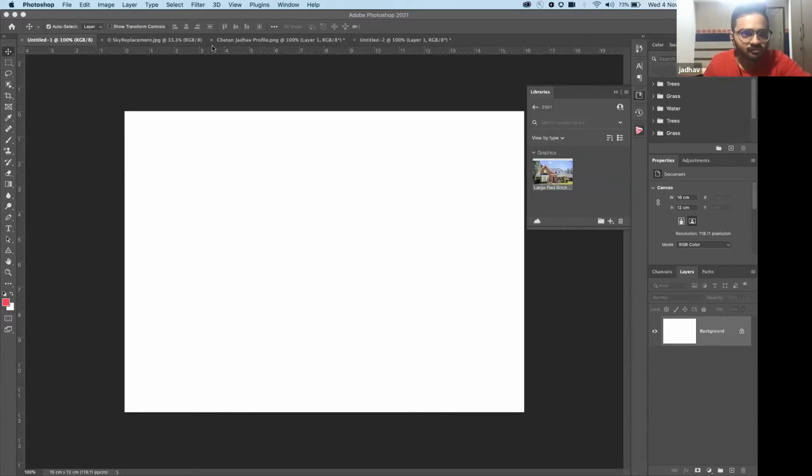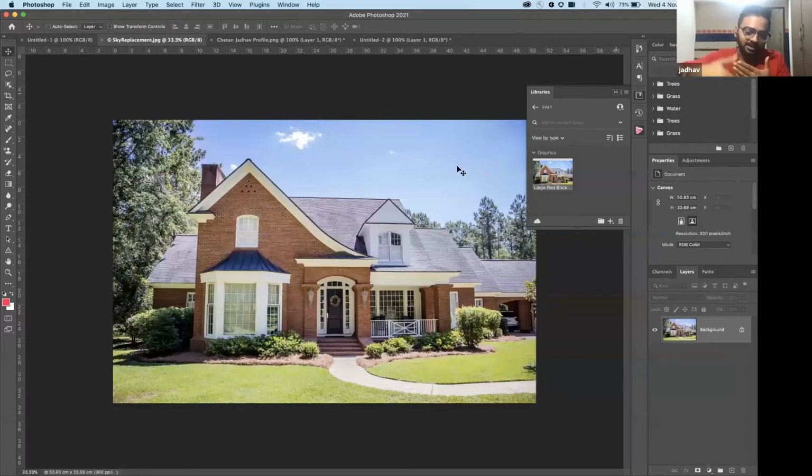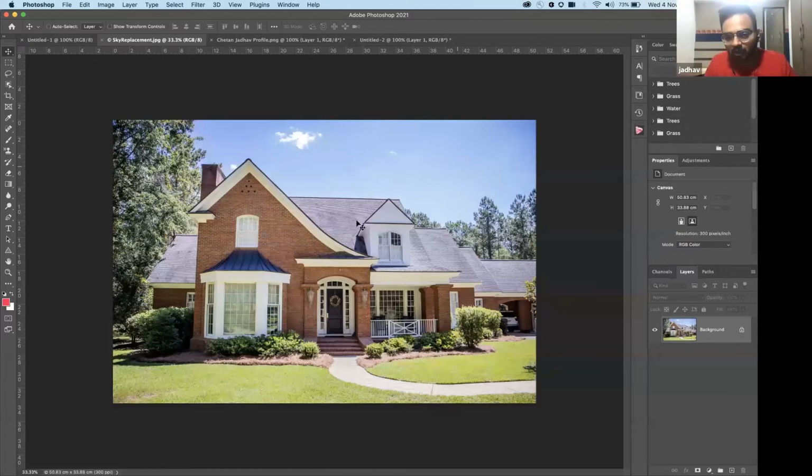Now, generally what happens is that, let's say this is the photo where I want to replace the sky. The photo is good, the sky is not that appealing. So what I do is I bring another image of the sky, I remove the existing sky using some of the tools and I replace it, right? Now that was good, but that was taking around 10 steps or maybe 20 steps, depending on what look and feel you want for a sky. But now in newer versions of Photoshop, we have made it very simple.